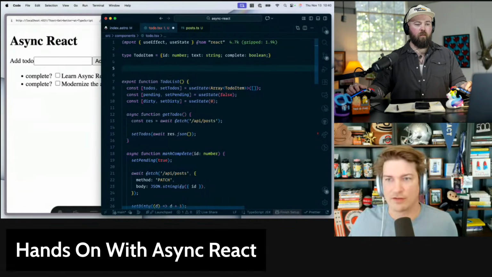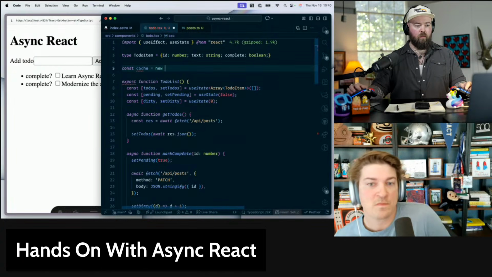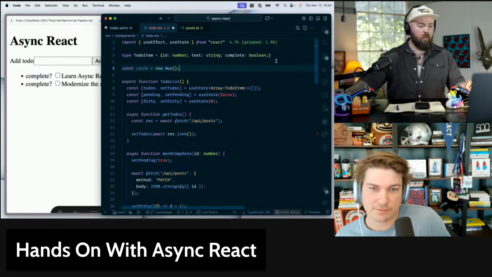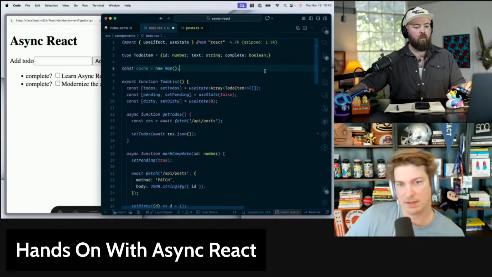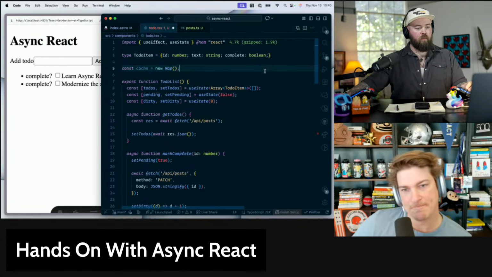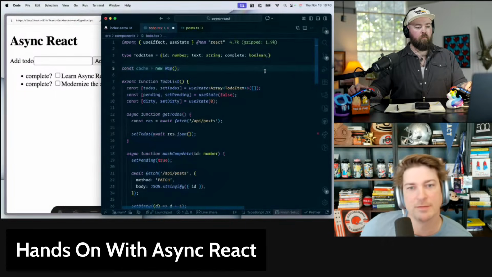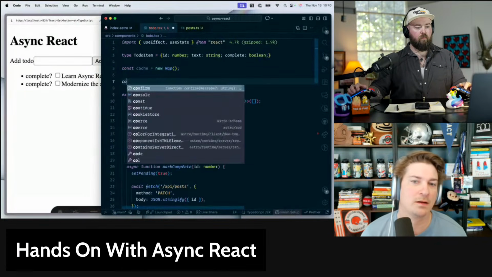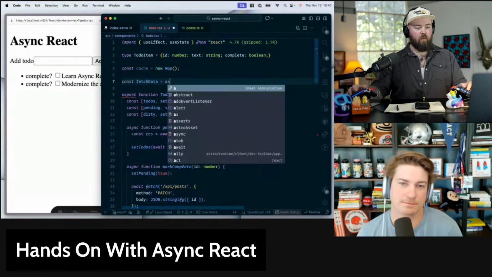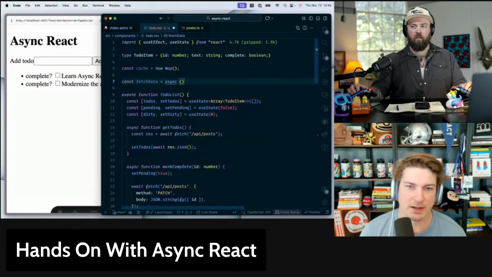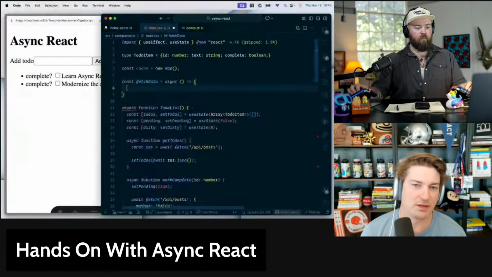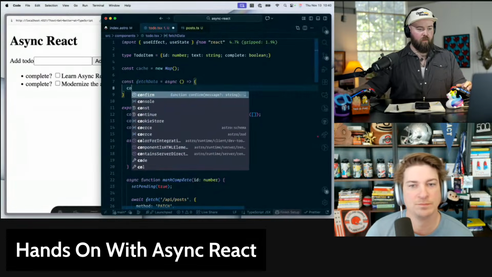Let's create a cache. So let's do const cache equals new Map, and we'll cache this by key. And then let's do a const fetchData. This is going to be an async function, and let's give it a URL as a key.